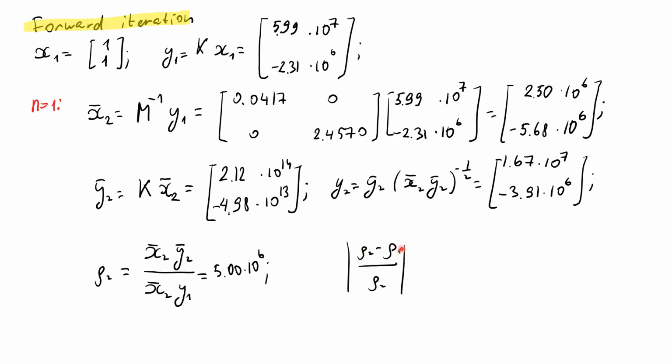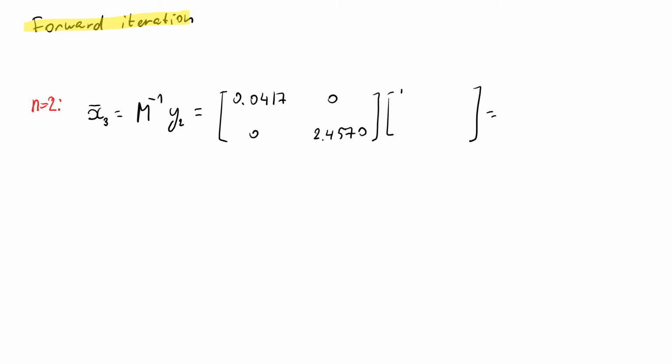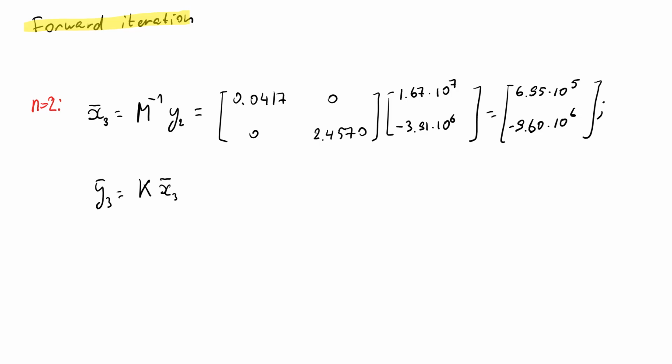and plug it in here in order to check our convergence. And again, row 1 is the initial guess value for the eigenvalue, which is equal to 1, and it's bigger than our tolerance, so we go to step number 2. In the step number 2, we multiply the inverse of mass matrix with the y2, the vector which we found in the previous step number 1, this one, to obtain the value for x3 bar, and then again continue the algorithm, plug it in here, update y3 bar,